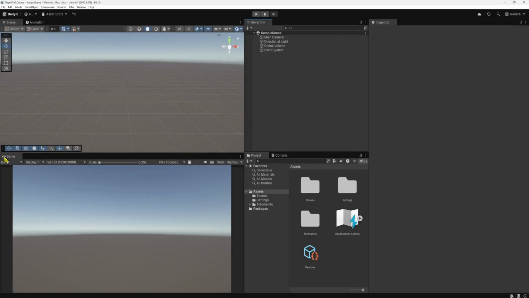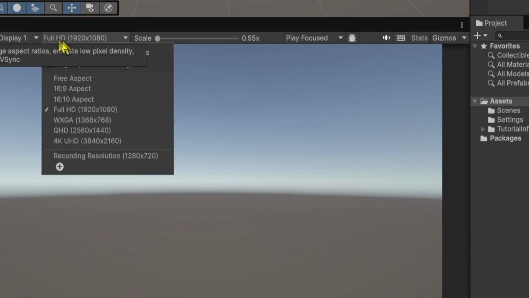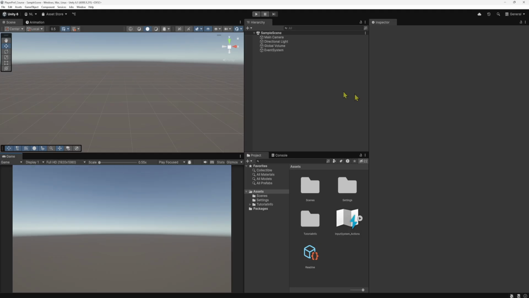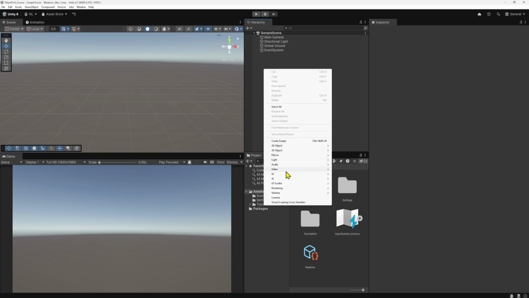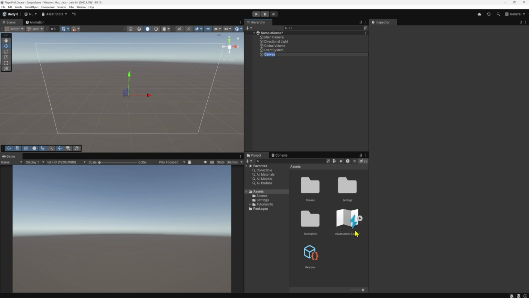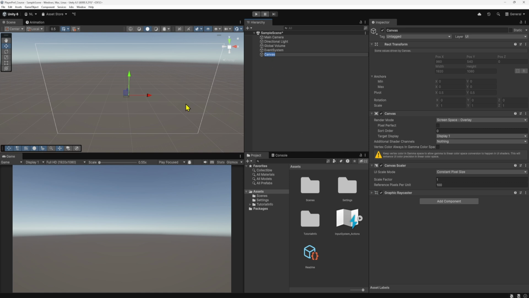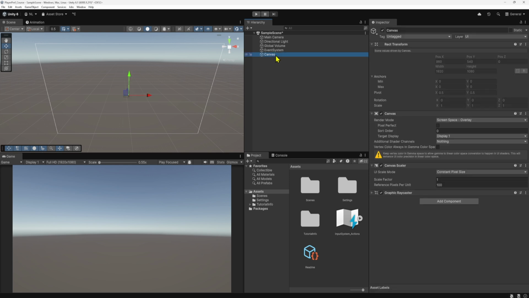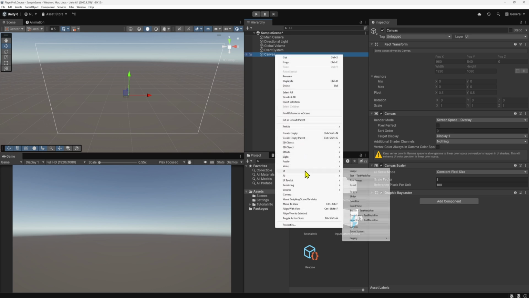A couple things to take note before we get started. I will set in the game view my aspect ratio to full HD. This will be the reference ratio that we'll set later, but I'm going to go ahead and set that now. But now in the hierarchy, let's right click, go to UI and Canvas. This creates the area on which we're putting our buttons and our input fields. And in this canvas, we want to have a background. So in order to do this, we're going to make sure Canvas is selected, right click, go to UI and